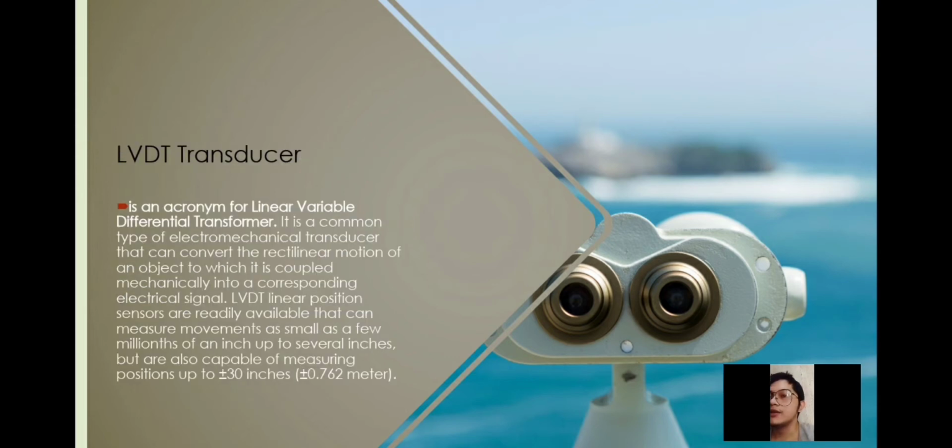Next is the LVDT transducer, or linear variable differential transformer. It is a common type of electromechanical transducer that can convert the linear motion of an object to which it is mechanically coupled into a corresponding electrical signal. LVDT linear position sensors are readily available that can measure movements as small as a few millionths of an inch up to several inches, but are also capable of measuring position up to plus or minus 30 inches, or plus or minus 0.762